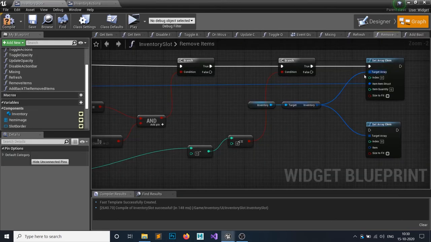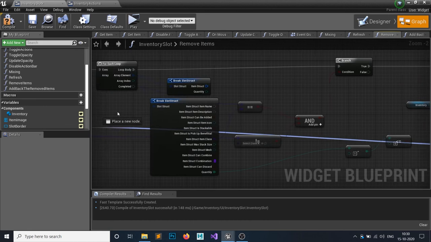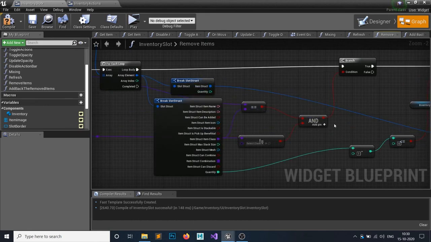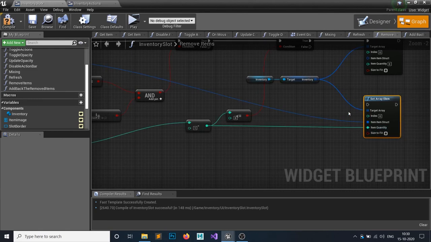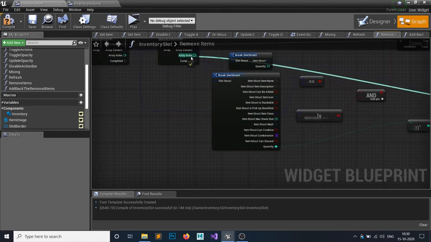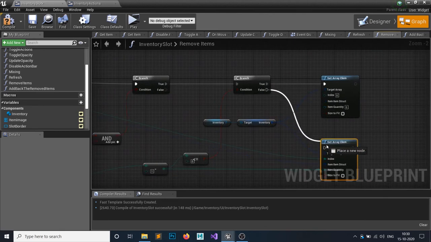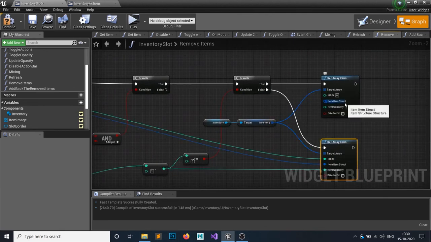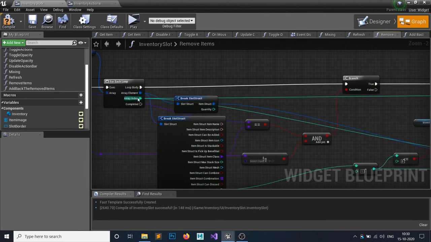If it's true, the item structure will go to here, split out, and the item structure will go to here. If it's false, then the quantity would be -1 quantity, and the index would be your array index, the for loop index, and attach it to the false part. And if it's true, then the index would be your array index. Hit compile and save, and this should work fine now.